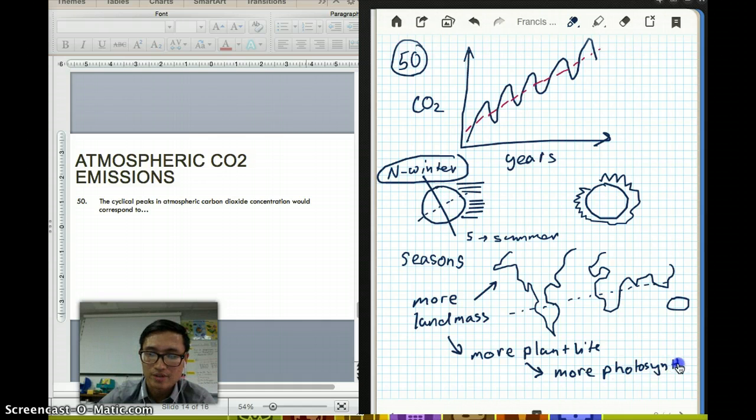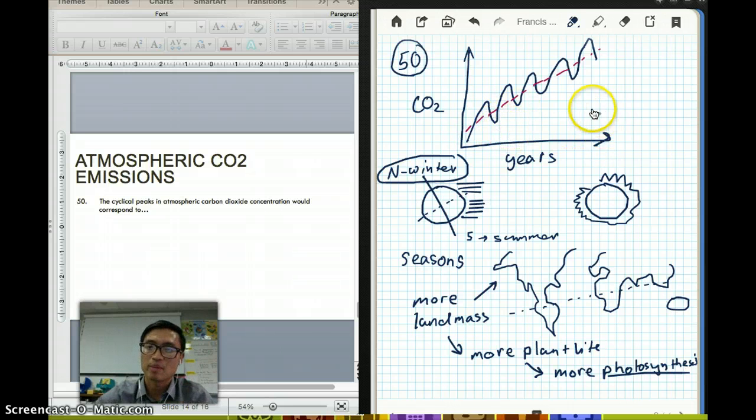Now, what does that have to do with the seasons? Well, what happens in the northern hemisphere when we have winter and we have fall? You'll notice that even if you look outside of these windows at Davis High School, the leaves right now, it's January, are falling off. There are trees that don't have any leaves. So if they don't have any leaves, would they be able to do photosynthesis? No, they are not. So what happens is carbon dioxide levels tend to increase when there's winter in the northern